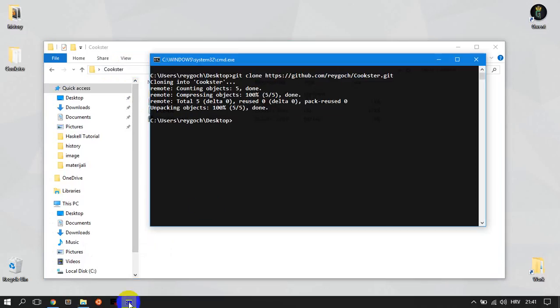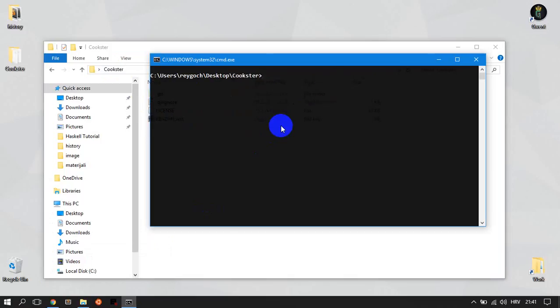Okay, so let's get back to the console, and I will just switch to this folder, and let's type in git status just to see if we have something to commit. And since this is a new repository, there's nothing here. So let's initialize this folder with a new Haskell stack project. In the next video I will go more into detail about the stack tool for Haskell, but for now let's just type in stack new, the name of the project is Cookster,